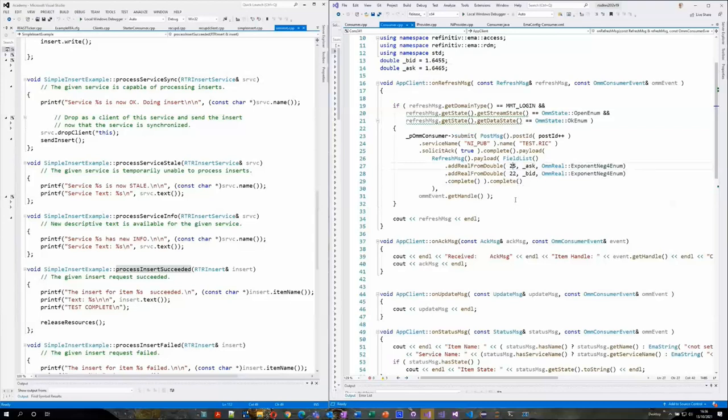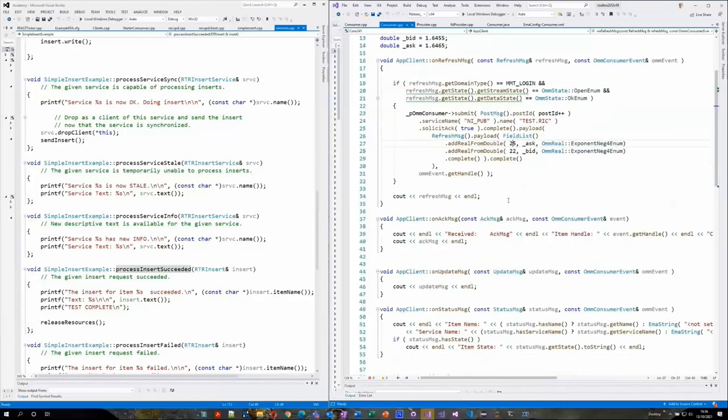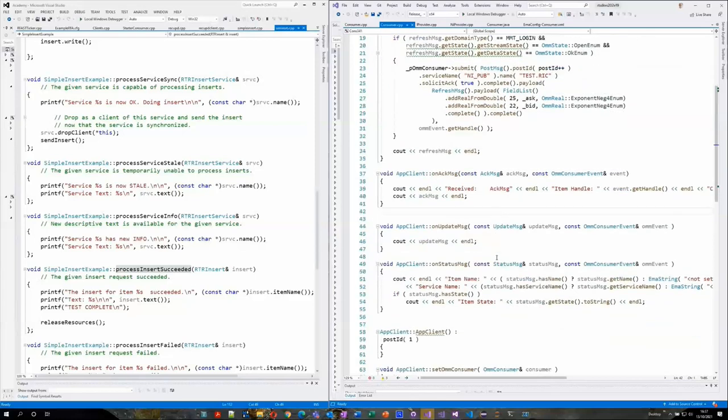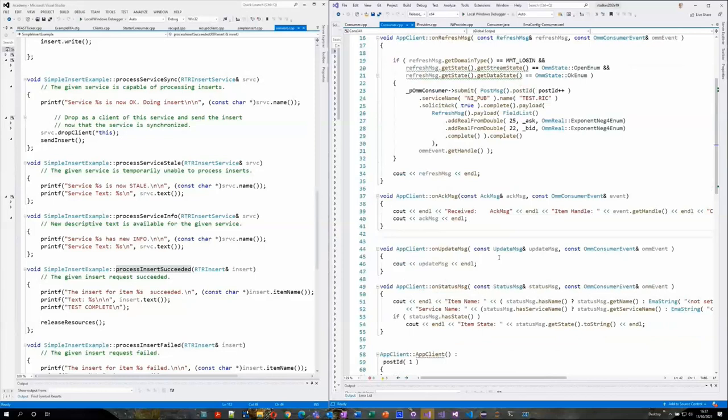Now, when the insert is received by the far side, you will get an acknowledgement back, either an ACK or a NACK. Both of them arrive to you on the onAckMsg. So there again, it's a consolidation compared to what you've seen with the SFC insert example. The other callbacks are not terribly important here, but these are the key things for an insert, and very, very simple, very straightforward, hopefully.